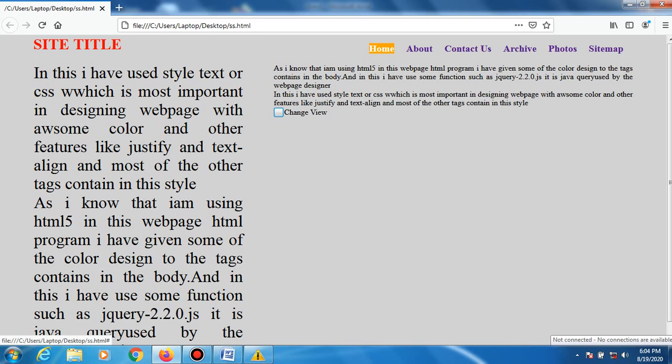When you move to the link, it changes the color to white, and the background color of this menu is orange, right? And when we move back, it gets the previous state, right?